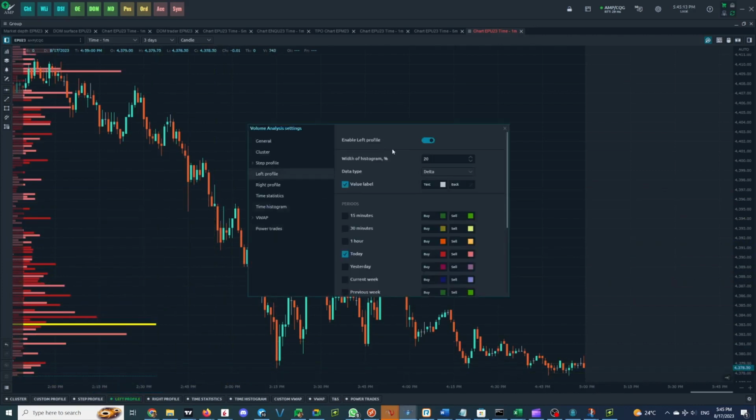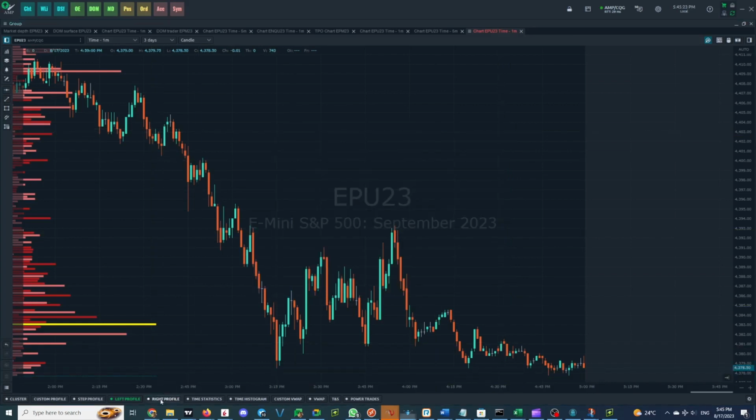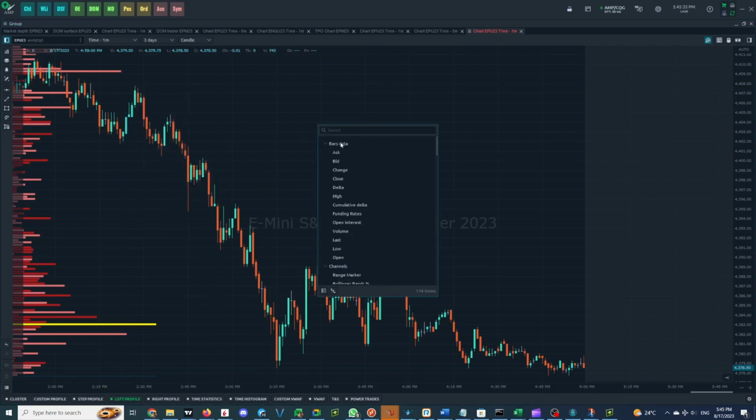Okay. We can go to settings. There's a couple of things we can change. You can change the various options, you can actually show multiple timings on it if you want to do that. I like to have the right profile on as the level 2. So in order to do that, it's actually an indicator. So we go to indicators, add indicator,